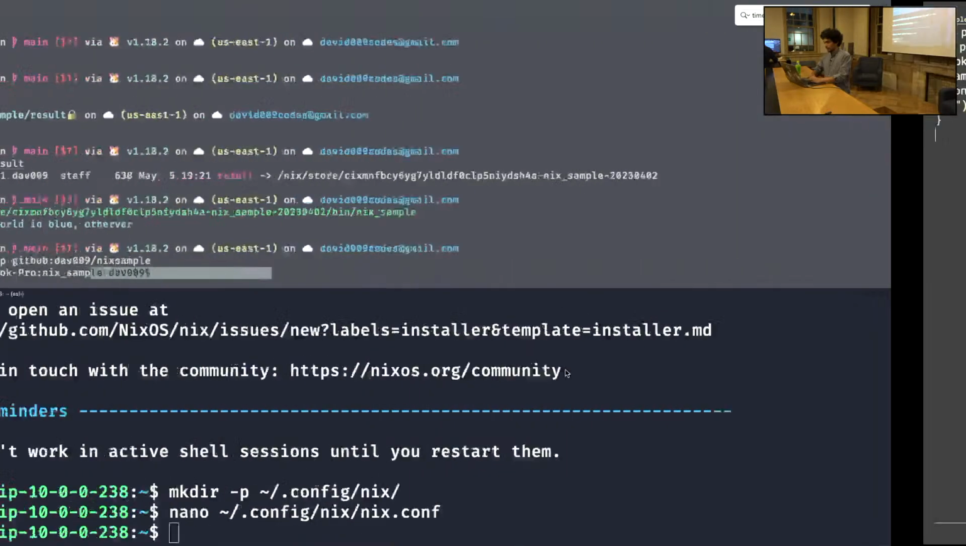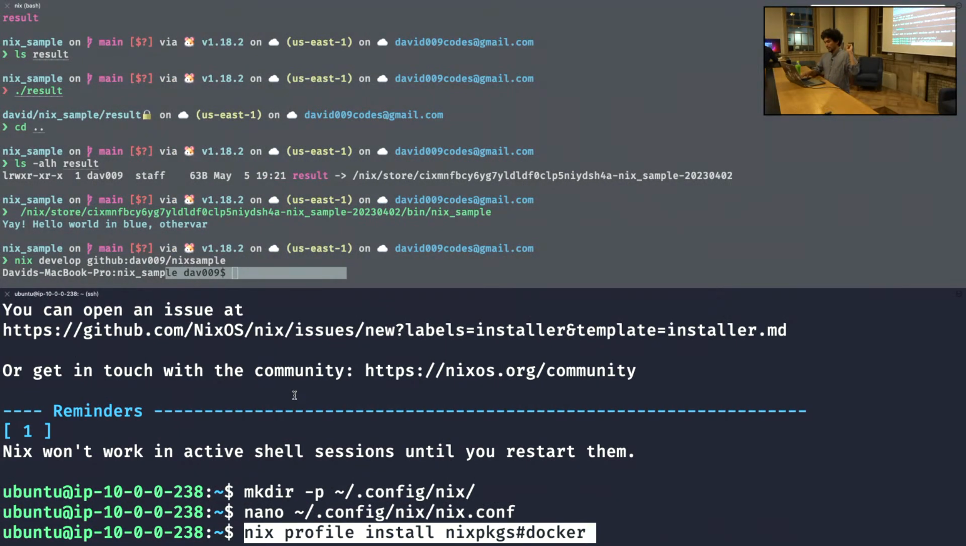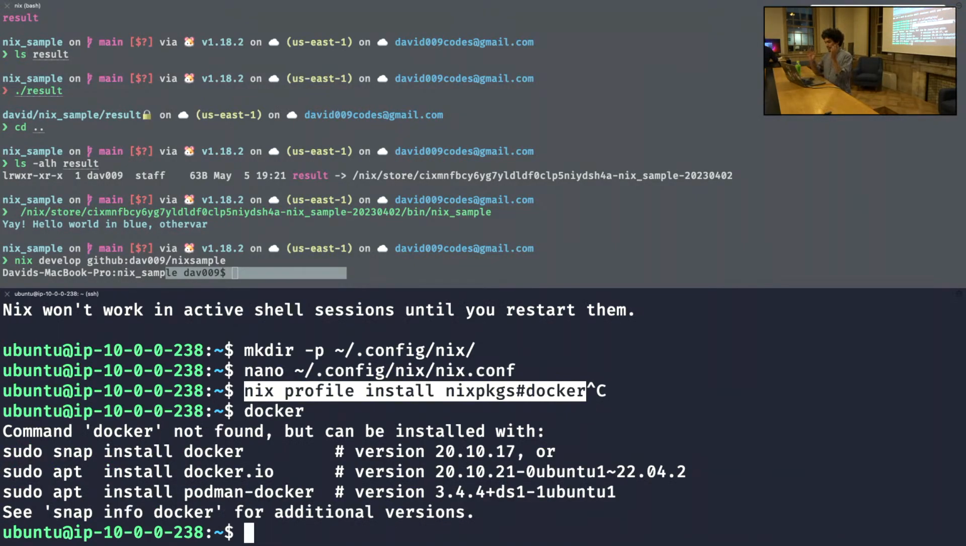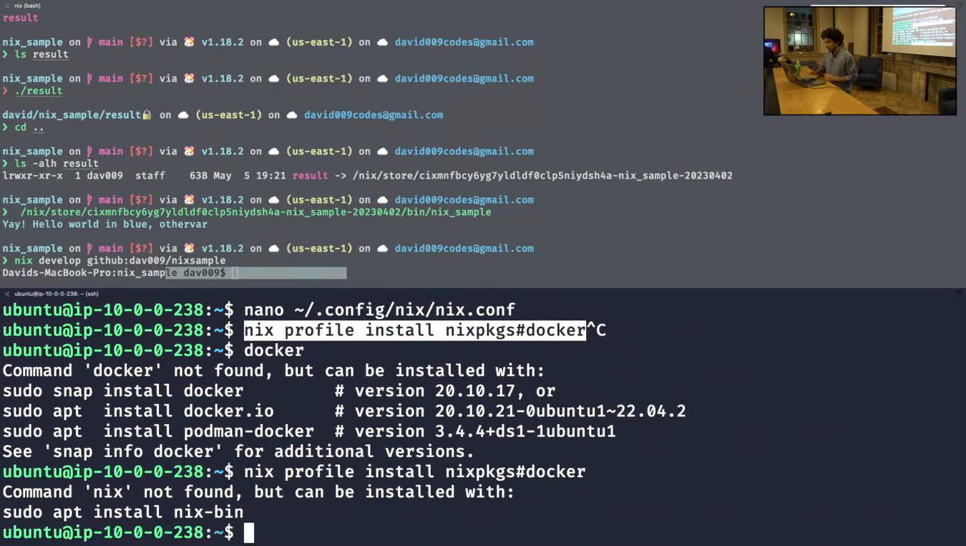Cool. And then because I want to build that Docker image, I'm going to install Docker, but I'm going to install Docker using the Nix package manager. So if I do Docker, you'll see that this doesn't have any Docker, right? So I'm going to,